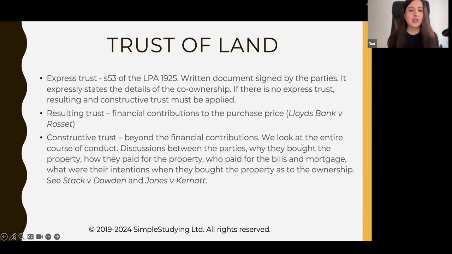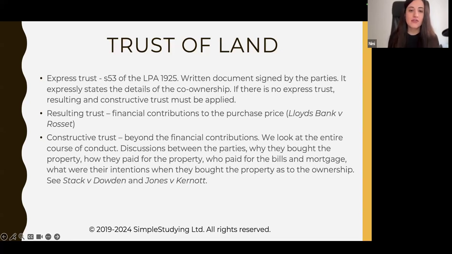It was so much easier and simplistic to have resulting trust. It's actually for protection of women, because resulting trust says that only people who pay the purchase price of the property can have it. Nowadays things are changing, but before it was usually the male partner who was buying the property. So in case they separated, if we only consider who bought the property, then the female partner was left with nothing. So just to find a reason to give the female partner something, that's why they changed